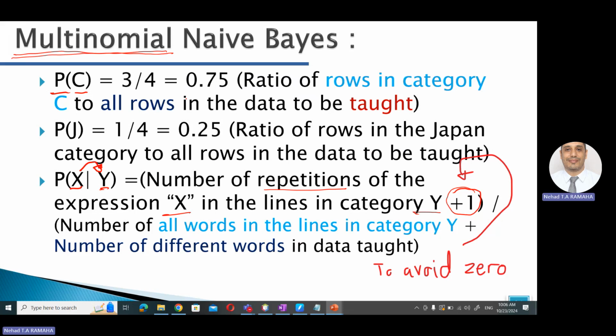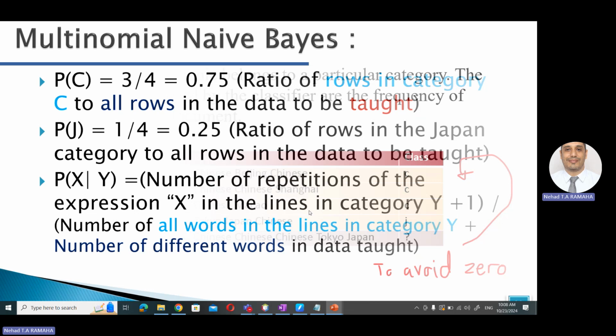We will add for all the expression or word count here. Okay, so we have here number of repetition. So, okay, word X, how many times it's repeated? Plus 1 divided by. So division we have here. Number of all words in the line in category Y